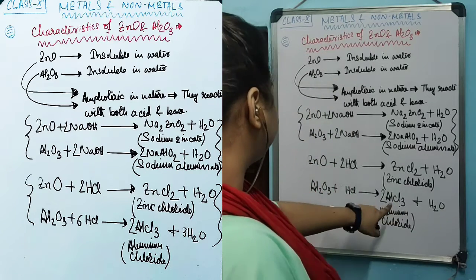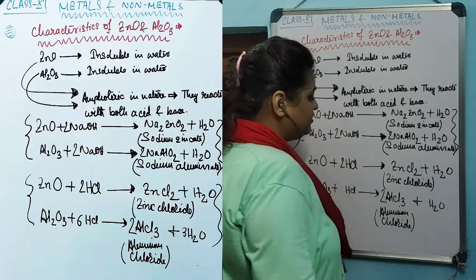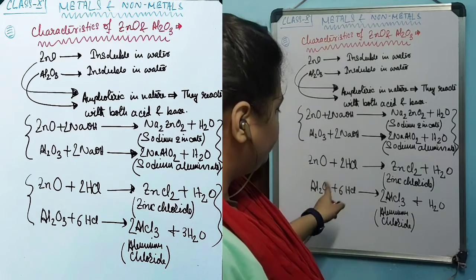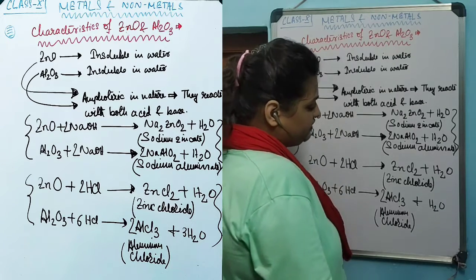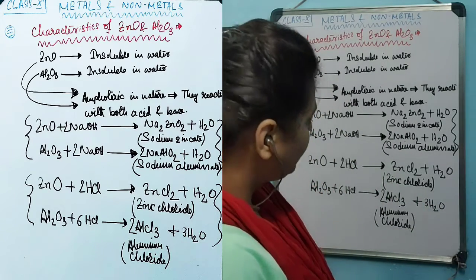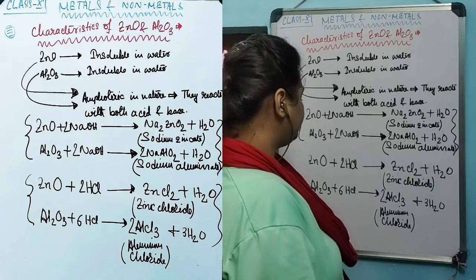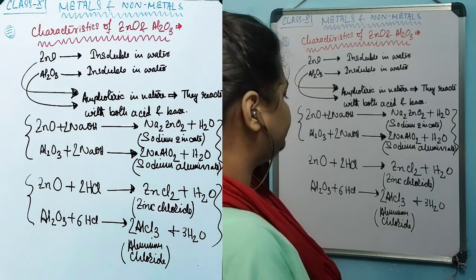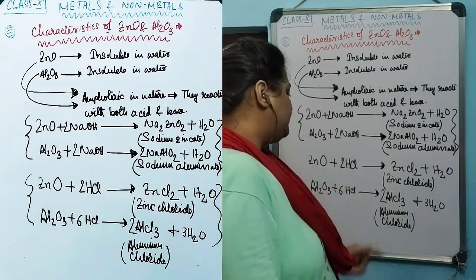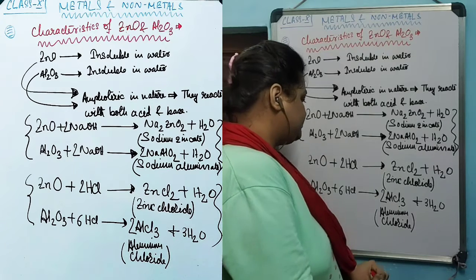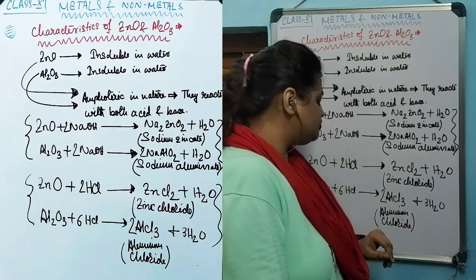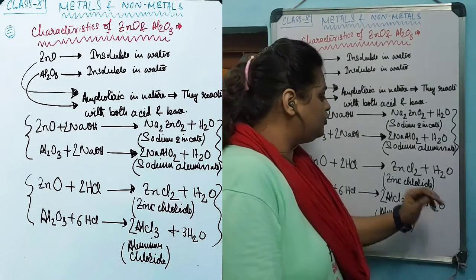This will balance the aluminium on both sides. But the chlorine will become 2 times 3, which is 6. So I want to multiply HCl by 6 on the left hand side. That will give 6 hydrogen on the left hand side. To balance this, I multiply H2O by 3, giving 6 hydrogen on the right hand side. The 3 oxygen is already balanced by the 3 oxygen on the left hand side. So this is the balanced chemical reaction when aluminium oxide reacts with hydrochloric acid, producing aluminium chloride along with water.